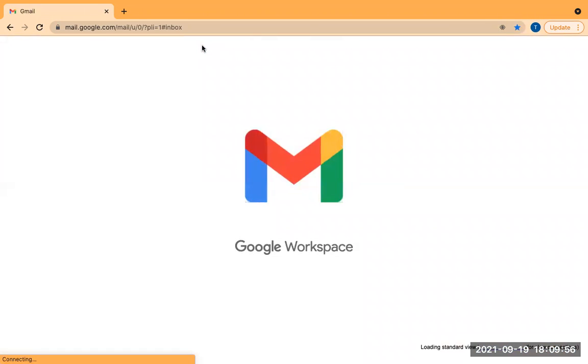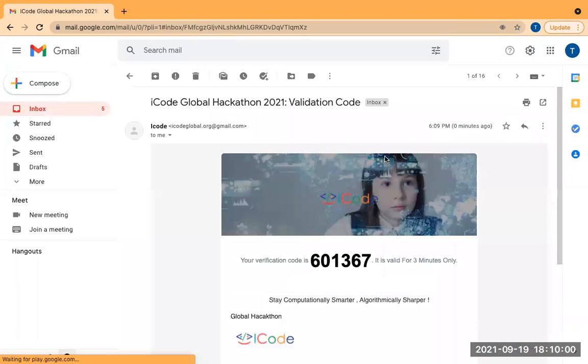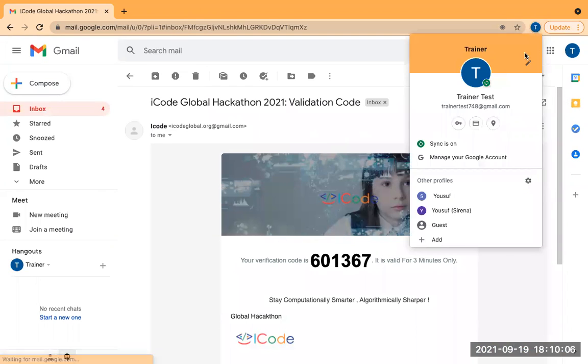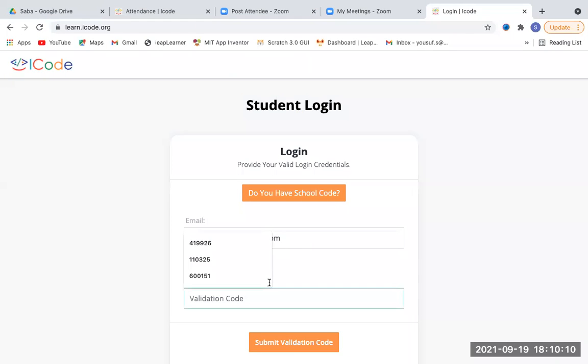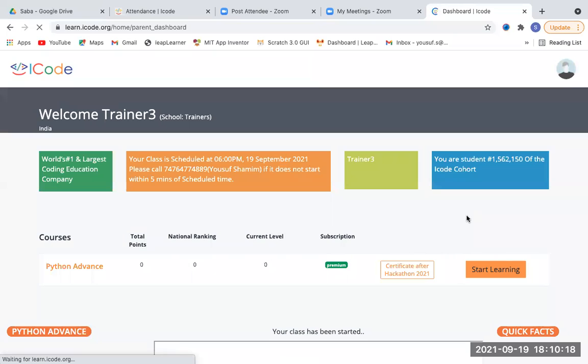I need to open my mail, and the new one appears over here. I'll just take this code, 601367. Okay, it has been verified.